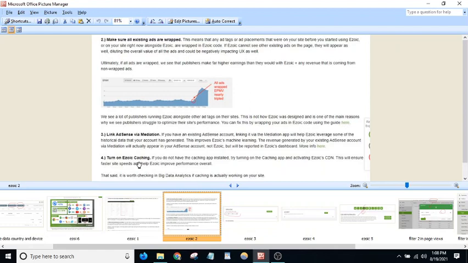It makes a static page of your website, and it will show that version until you update your content, and it will load faster. Caching will make things load faster.